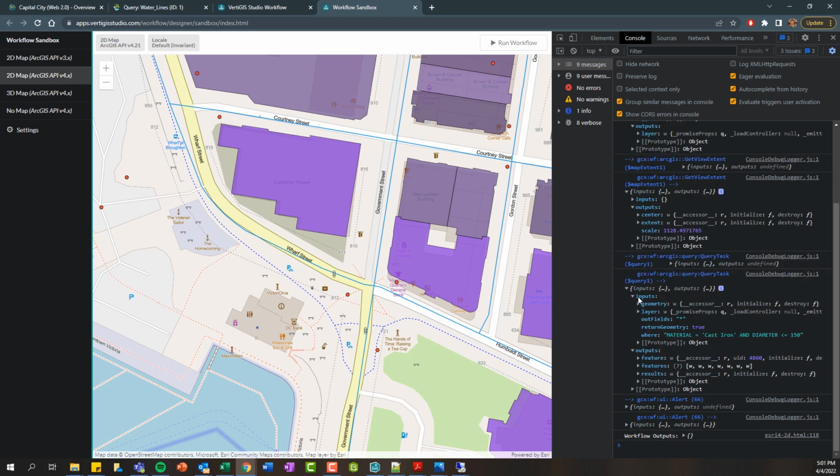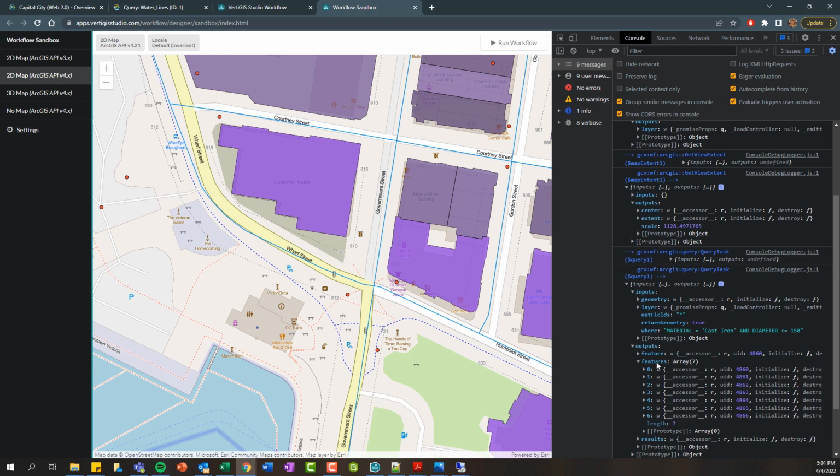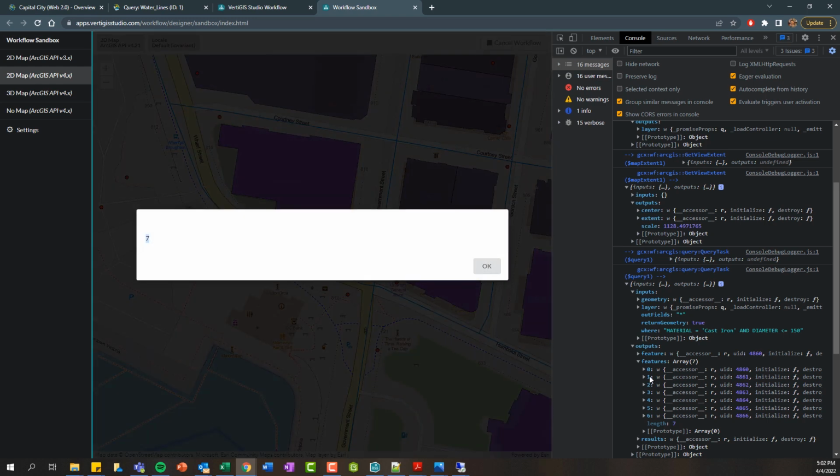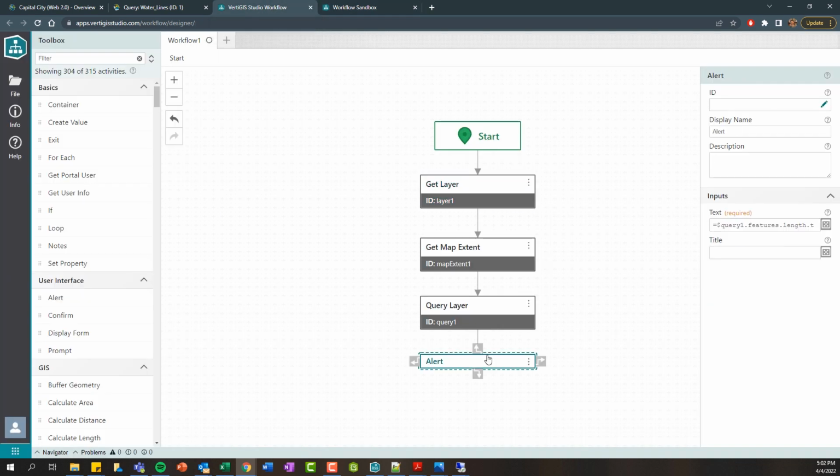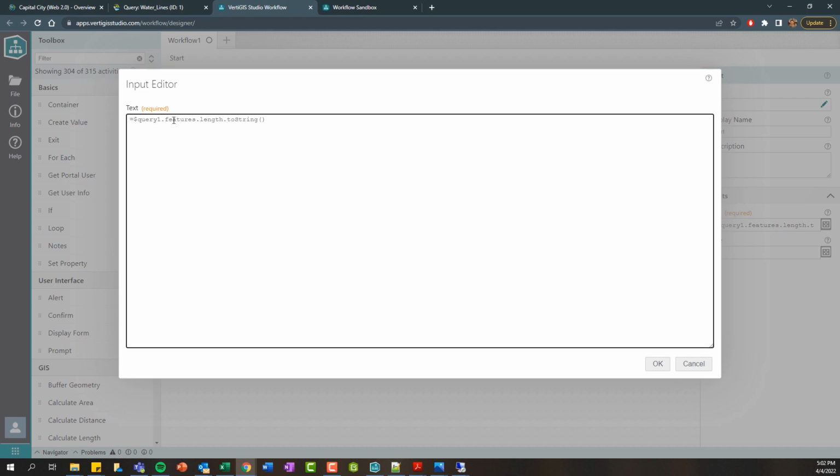Now what's also worth mentioning is here you can see within features there's this length property, and if we hover over there you can see it says outputs.features.length, and it's 7, and when we run the workflow we're getting 7. So you can also use the console to determine what properties are available and then retrieve those. If we jump to the workflow tab here, you can see and expand this alert. You can see here we're going